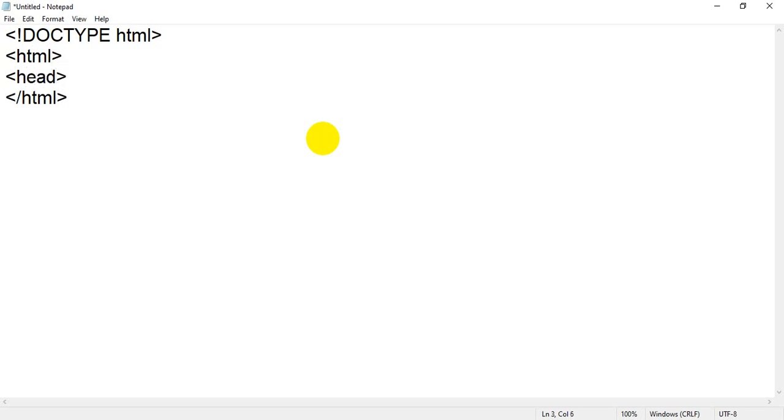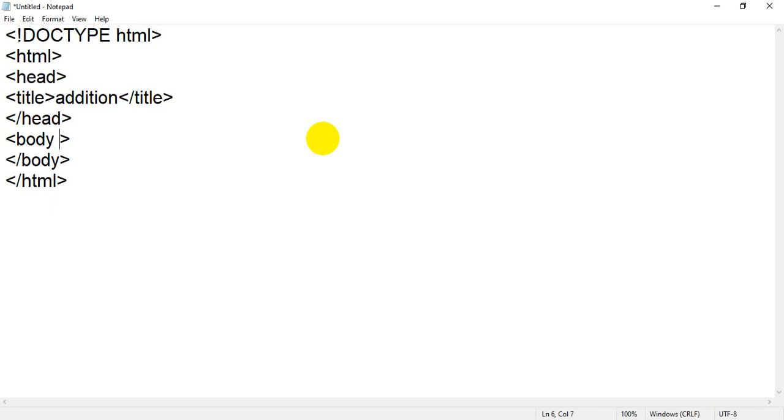Then the head tag and the closing head tag. Between these two head tags you can write the title tag also, then the closing title tag. Between the title tags you can assign some title, like addition. Then after the head tag we have to write the body tag, and after that the closing body tag.